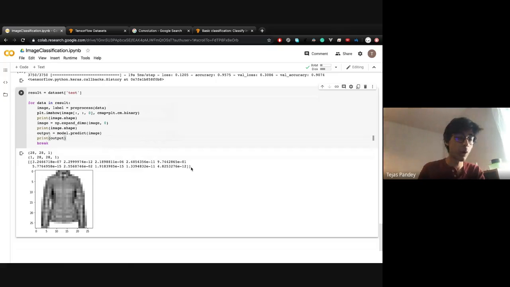it will give us the probability for every class. So we have 10 classes in the data set. So these are 10 values. And so it tells you that actually maybe